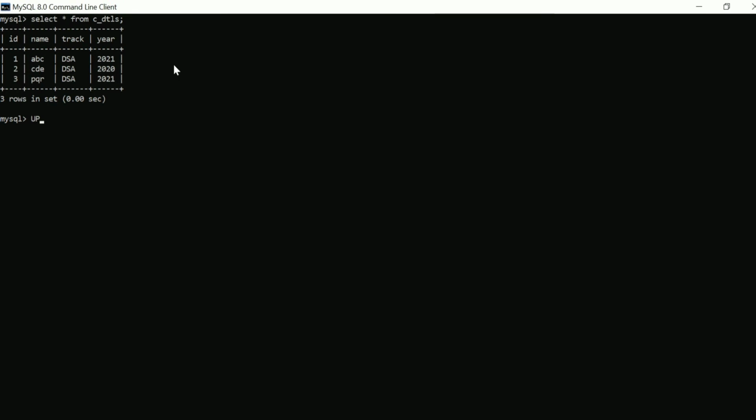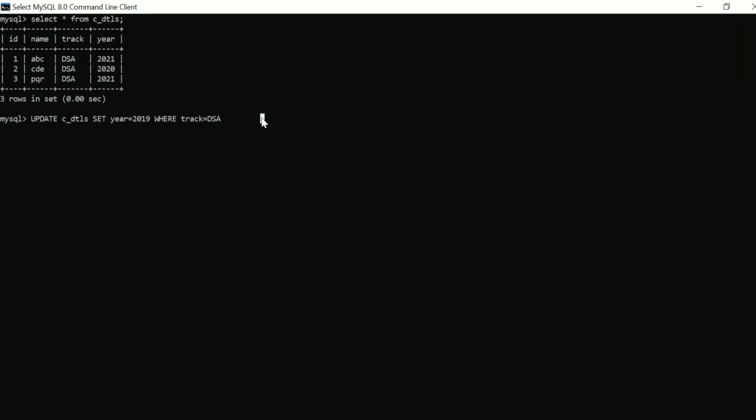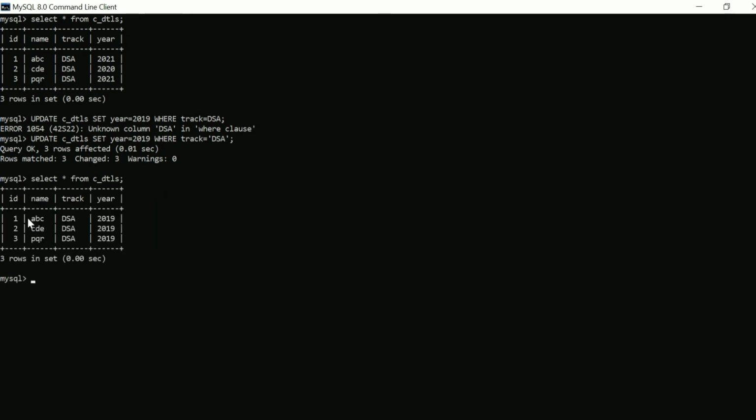Let's write update table name and inside the condition we can write as the track is same for all the contributors. Write it inside single quote since it's a string. You can see year for all the contributors is set to 2019 now.